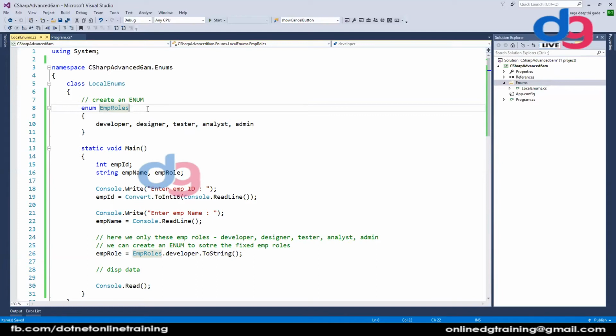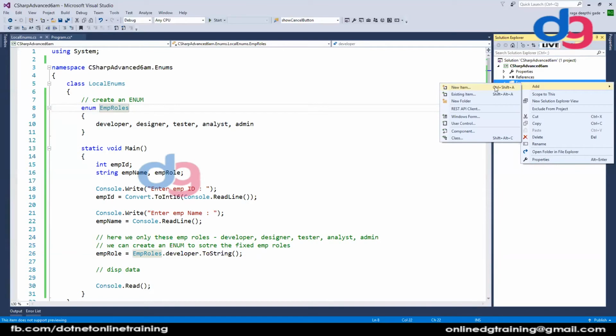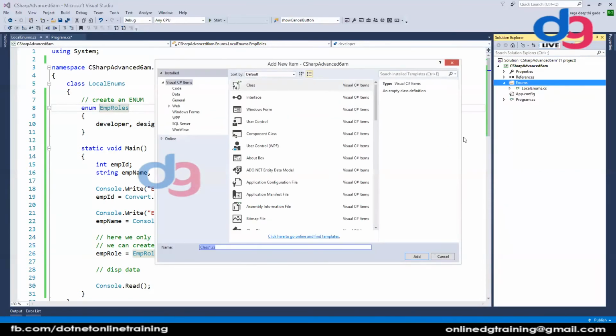You have only fixed options. In some websites we don't find cash on delivery, or in some websites we don't accept debit card payments. Everyone will have their own fixed options. So whenever you have that kind of fixed options, you can simply store them in an enum.